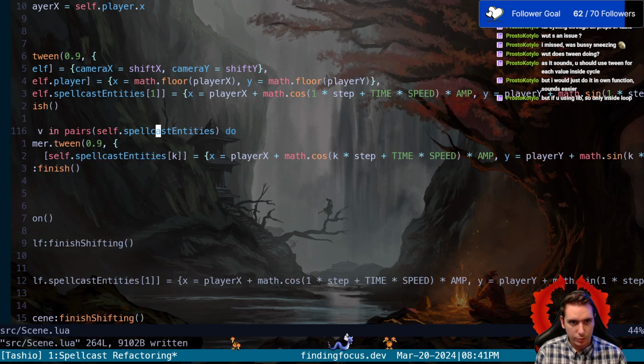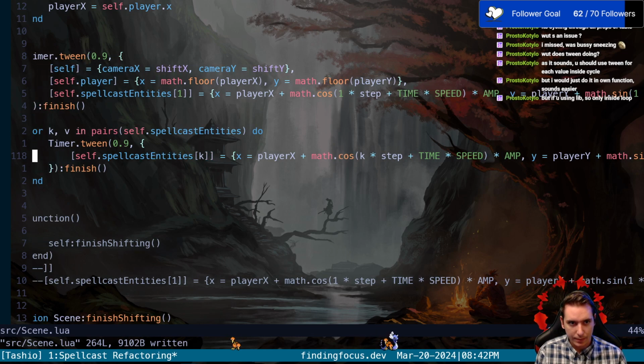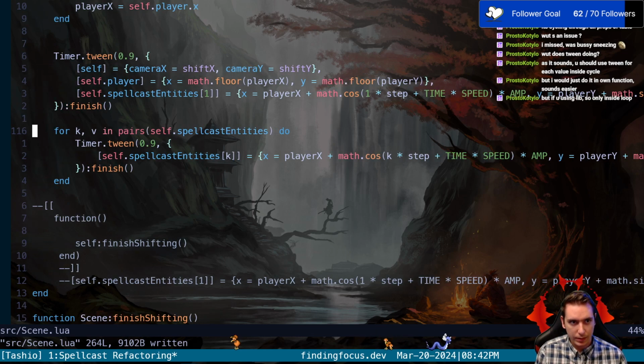We're trying to do the tween values for each key of our spellcast entity, and then if we do that before our player tween,